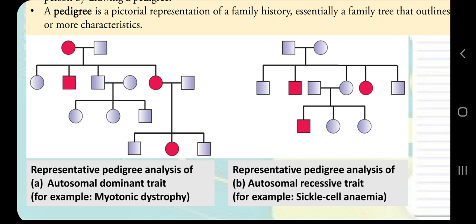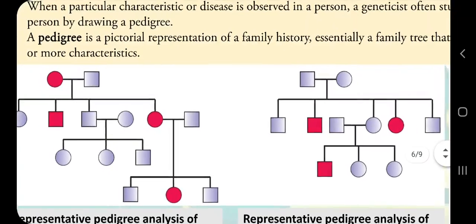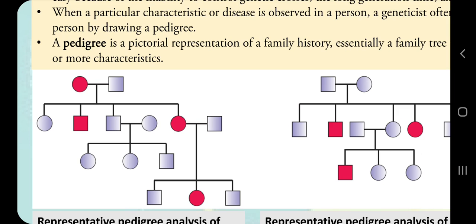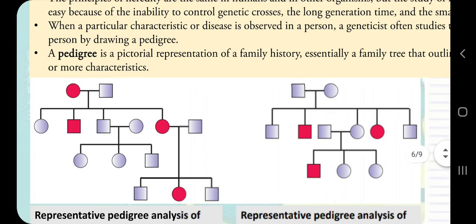Now, just by having a look at a pedigree chart, not reading the description, if both males and females are affected, if both have that character, then it is autosomal. If only males or only females are affected, that may be sex linked. These pedigrees belong to autosomal. Then the next thing is, if the character appears in every generation, it will be dominant, and if it skips any generation, it will be recessive.